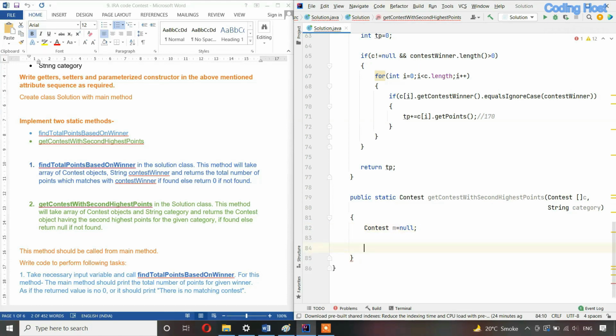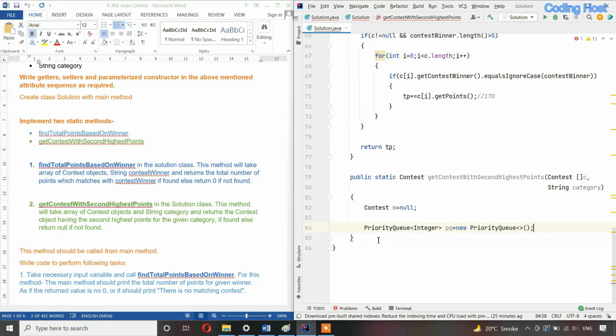After that I will use a data structure which is known as priority queue. So priority queue of type integer and then pq equal to new priority queue. So if you don't know what is priority queue, you can check the video link in the description for the basics of priority queue, but here I will also explain you what is priority queue. So priority queue is similar to array list in that you can store any number of elements inside it, but it will store the elements in the sorted order, like it will store the elements in the increasing order, and the first element is always the smallest element and the last element will be the largest element. And whenever you remove any element from this priority queue, it will always start from the smallest element.